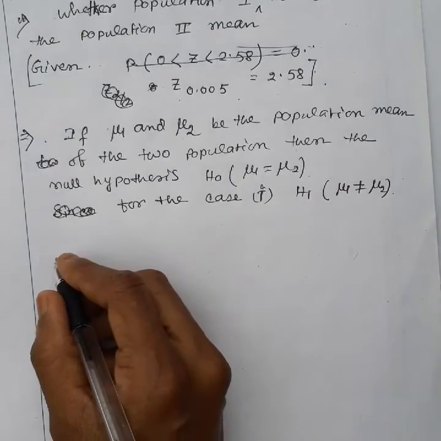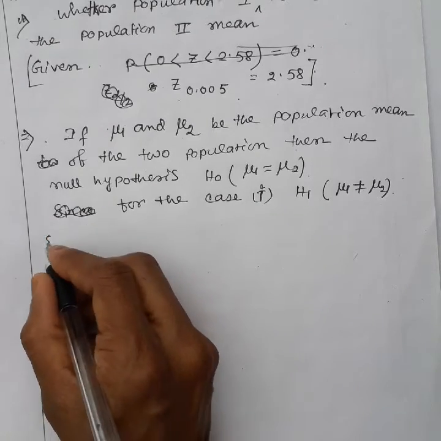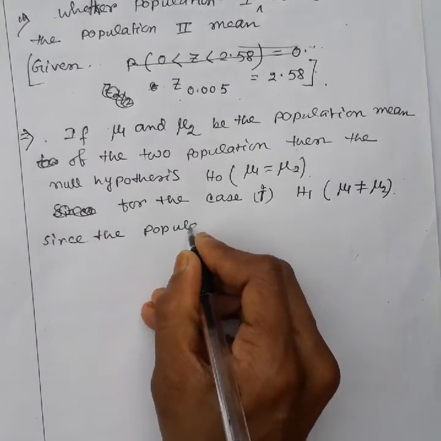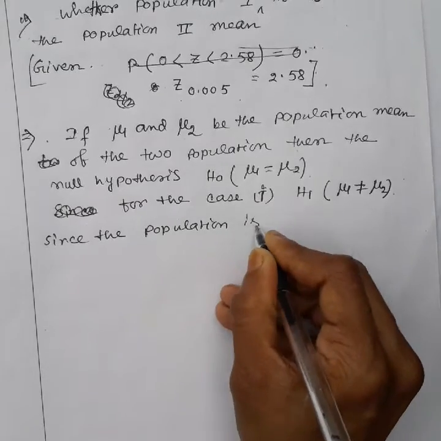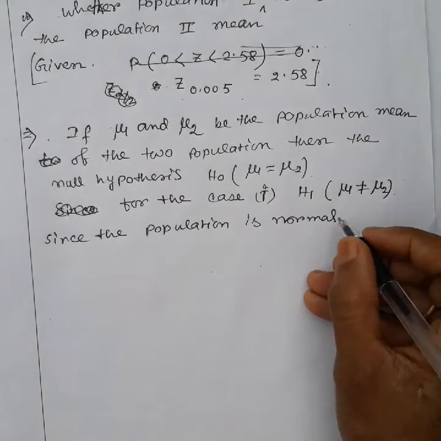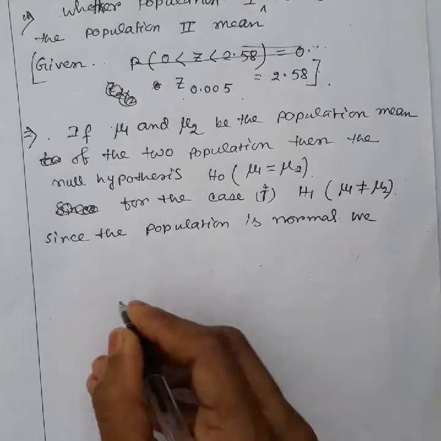It is both sided. Since the population is normal, we use the test statistic